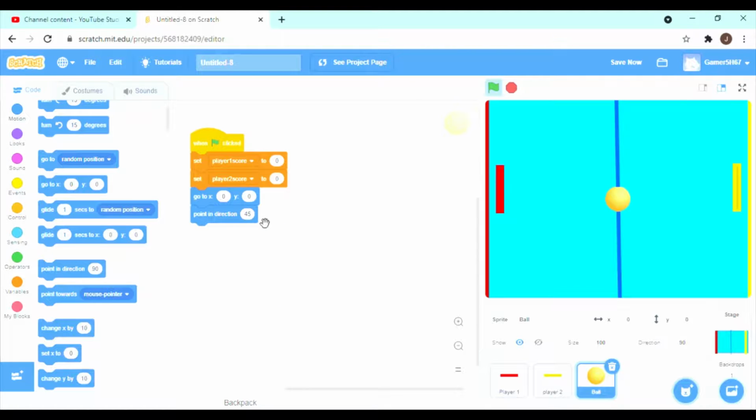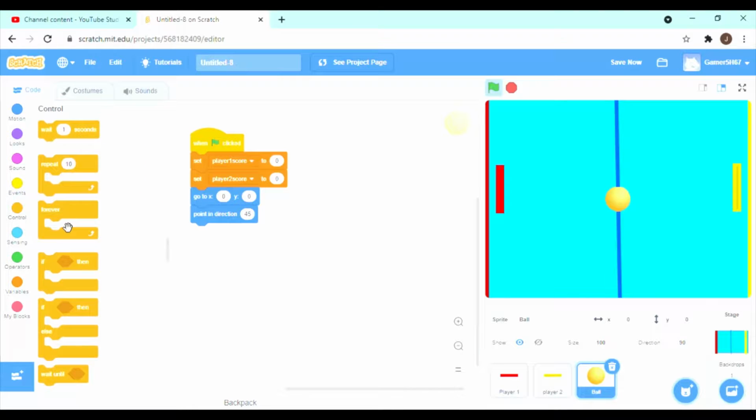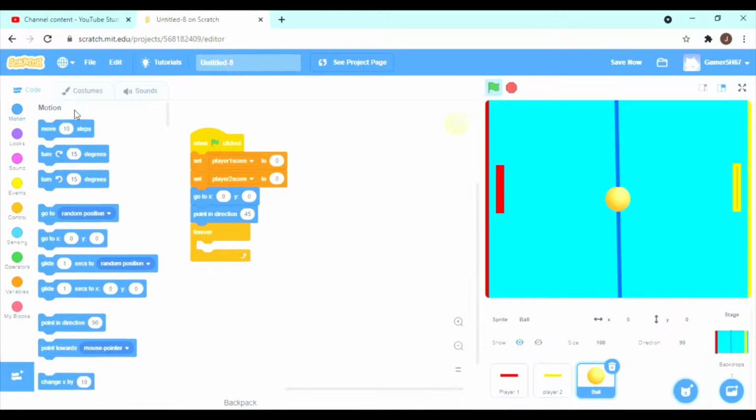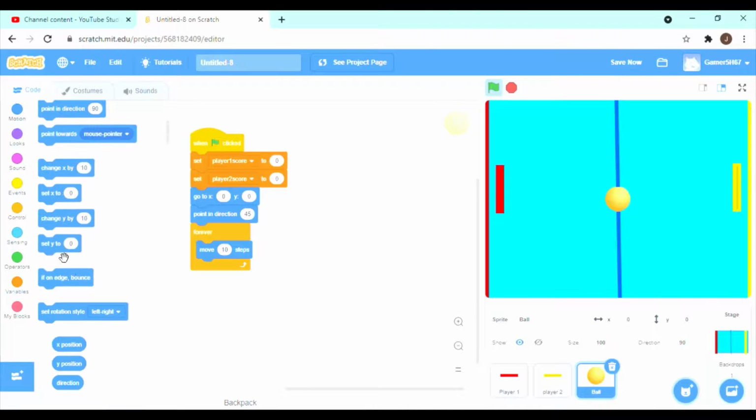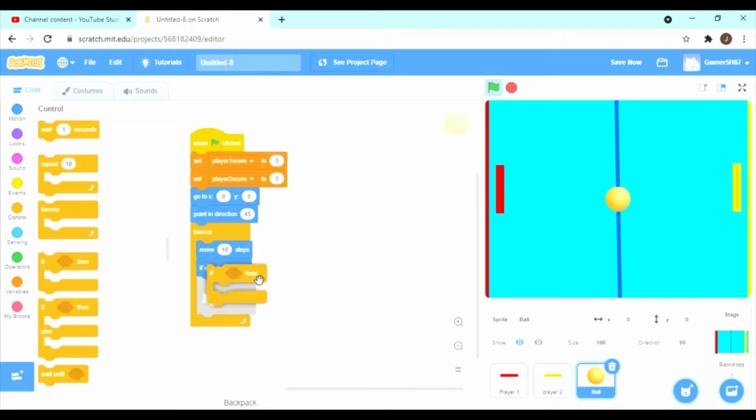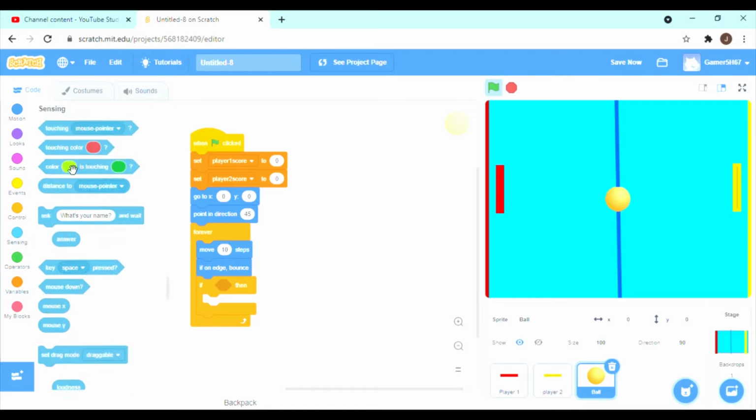45. And then once you've done that, you'll get a forever block. Where's that? Here. So then once you've gotten the forever block, you will do move 10 steps, just 10 steps, that's it. And then do if on edge bounce, and then get an if then block. Where is that? Right here. So get an if then block and put it over here, and then do touching